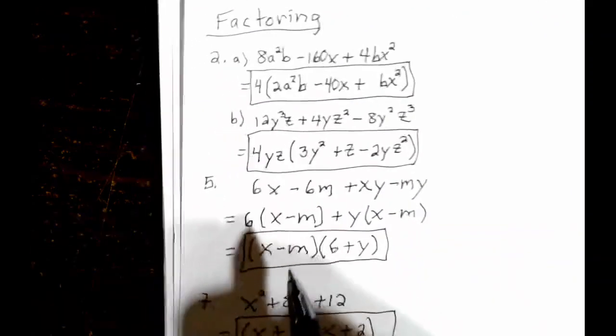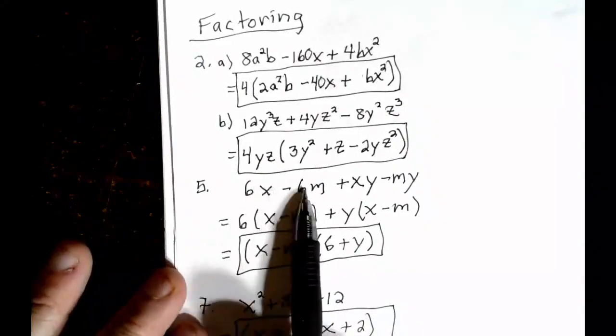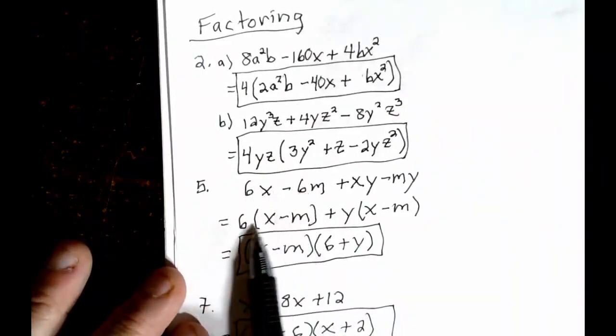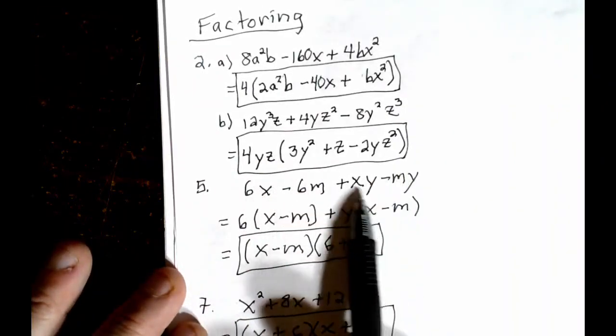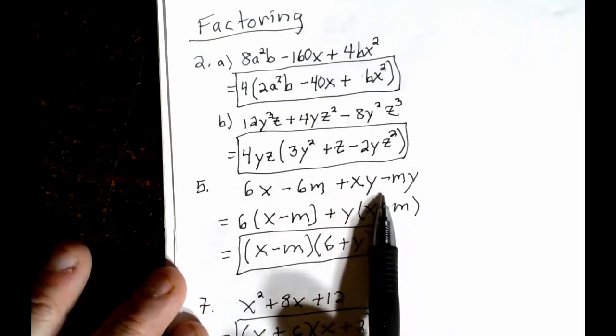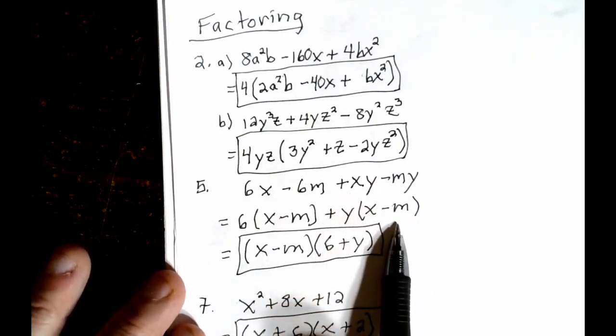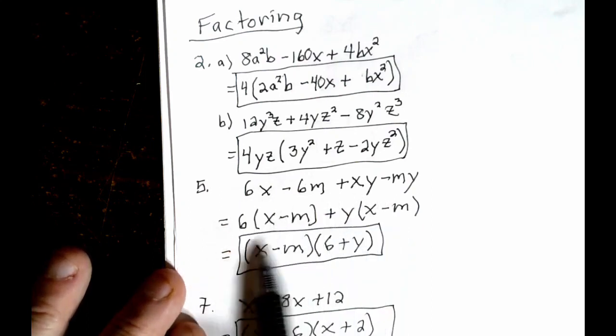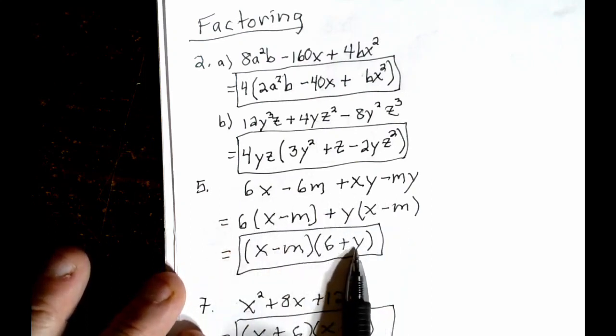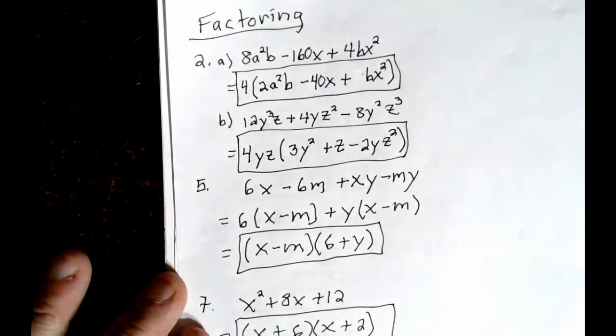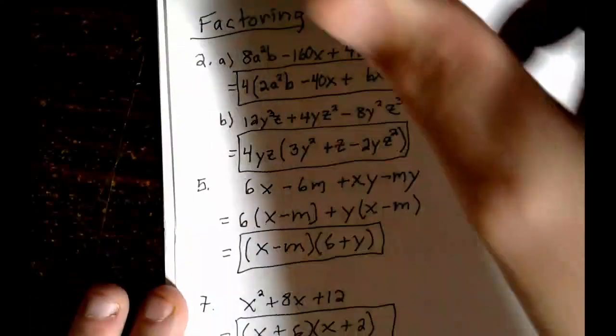Number 5, they ask you to factor by grouping. So you factor something out of the first two terms, which is a 6. Factor something out of the last two terms, which is a Y. And now you can pull an x minus m out of both of them, and you get 6 plus y. Okay? And then this one, number 7,